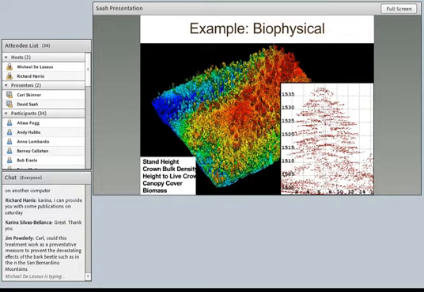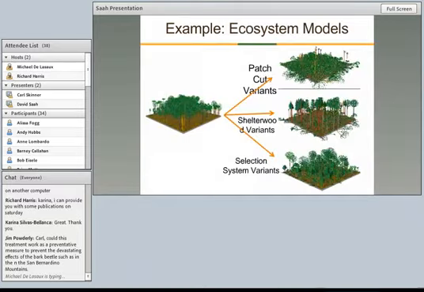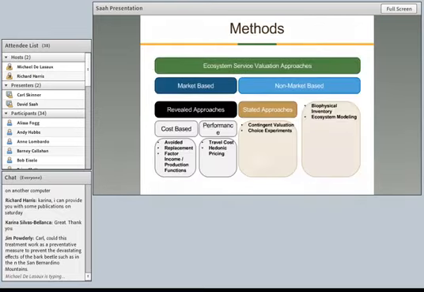You have biophysical measures. So this is getting out of these environmental econometrics methods, to things that us as ecologists are more familiar with. These are things like quantifying the amount of biomass you actually have on the ground, quantifying things like canopy cover, quantifying hard structural values. You could also use a variety of ecosystem models to quantify the fluxes, sequestration rates, nitrification rates. Maybe even some of these wildlife habitat occupancy models, the flux of those models over a landscape.